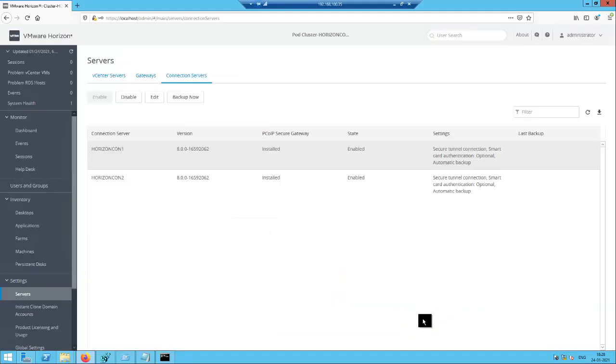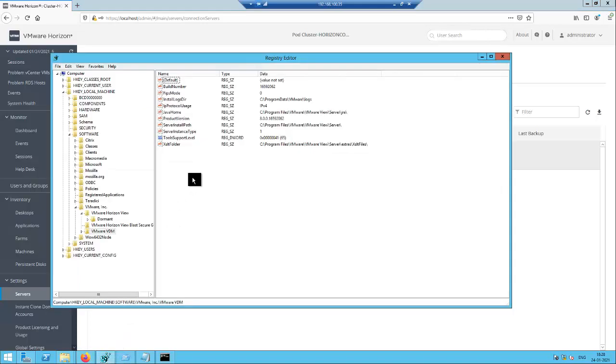When you are upgrading the connection server, for example, if you have multiple connection servers in the site, you have to do it on the standard connection server, not on the replica connection server. So you need to identify which is the primary, that is the standard connection server. By checking the registry setting, you can come to know whether this is a replica or a standard connection server. If it is one, that is the standard connection server. If it is two, that is a replica connection server. So this is the standard connection server, the primary one, and we are going to do the upgrade first on the standard connection server.